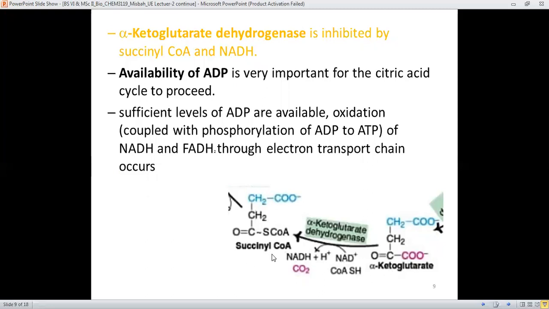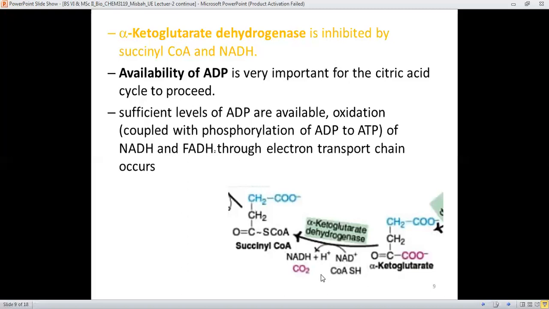It means that if succinyl CoA is present in large amount and it's not going on to the next product, then it will inhibit the dehydrogenase enzyme that causes the decarboxylation of alpha ketoglutarate and removal of carbon dioxide,